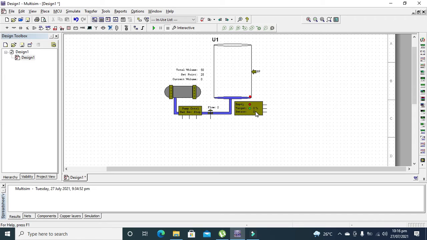Then what about sensor? The sensor pin will give us 0 to 5 volt, or in between 0 and 5 volt. If the tank is totally full, it will give us 5 volt. When the tank is totally empty, it will give us 0 volt. When it is filled up to half of its capacity, then it will give us around 2.5 volt. So with the help of this sensor pin we can get some analog voltages.